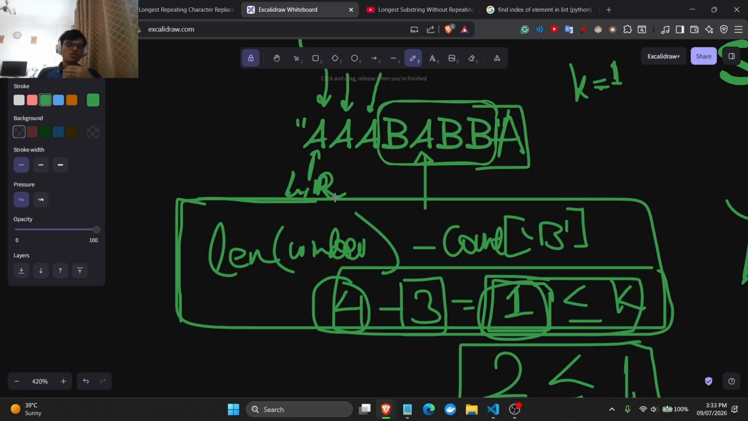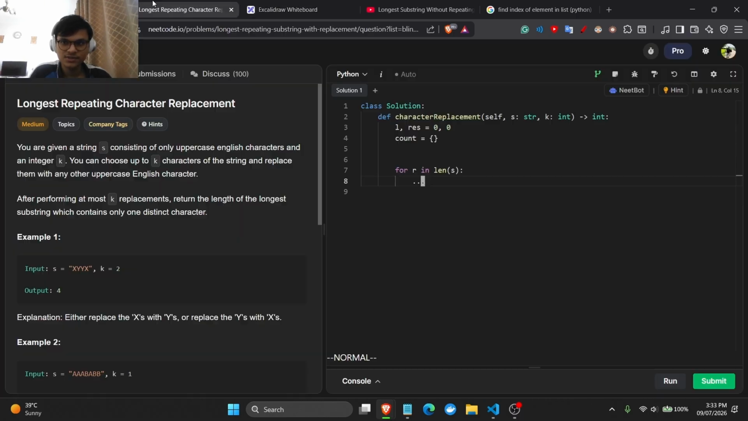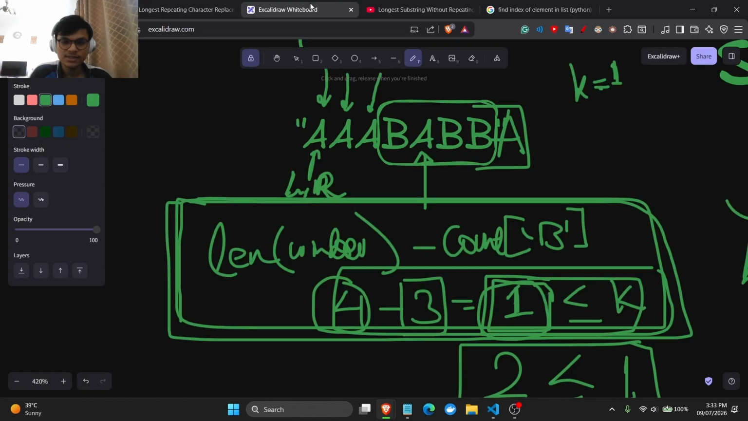So right now I'm in LR. The only reason why I would increment my R is to ensure that this value is correct, right? Just want to check this. So I think the way we would do this at the moment is